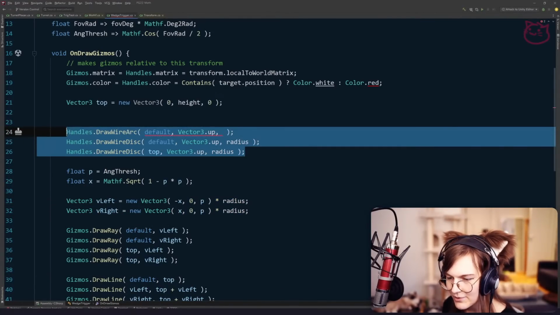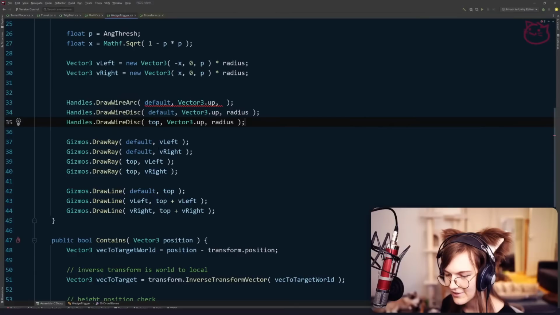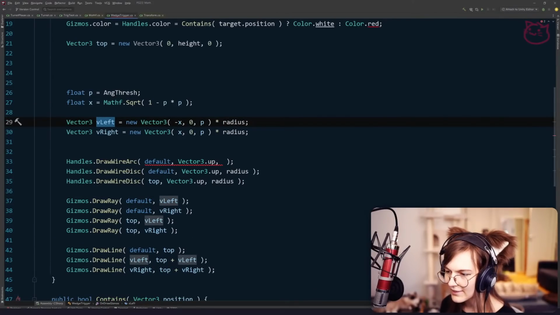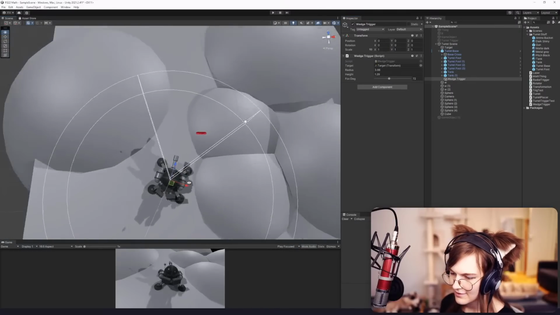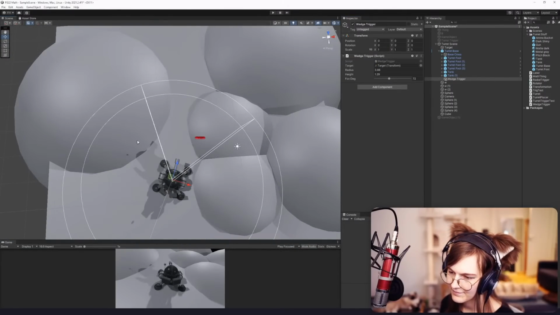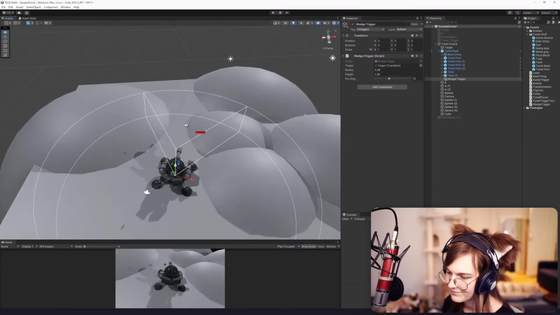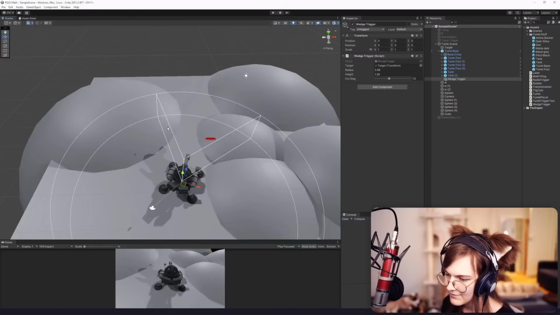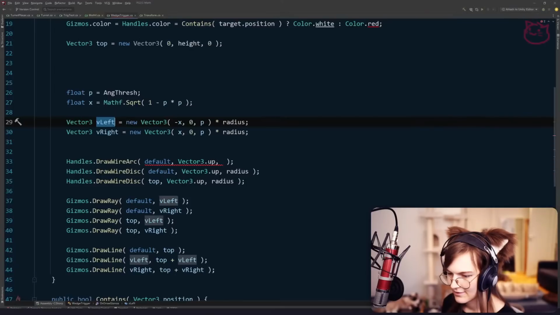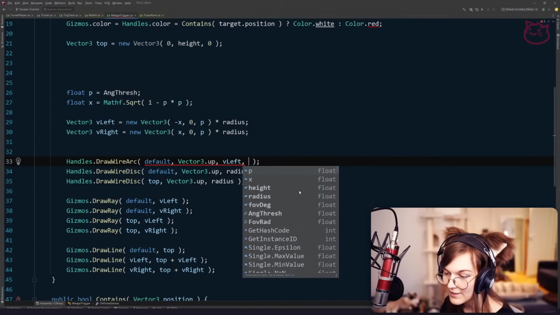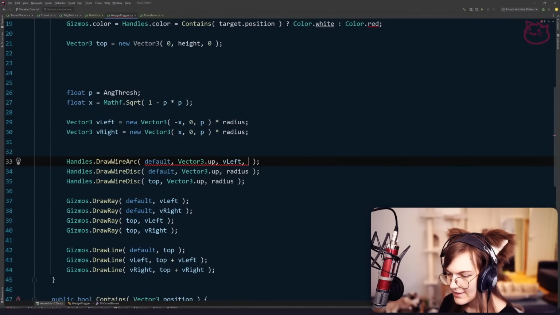So we're going to move these because we need access to our vector. V left is this vector right here in local space, the direction that it's pointing, including the radius of that vector. So we're going to use that as the start of our arc. I don't know if we need to normalize it. I don't know if the wire arc does that automatically. And then the angle,